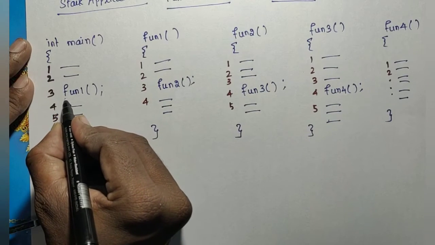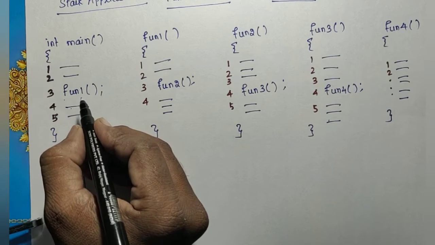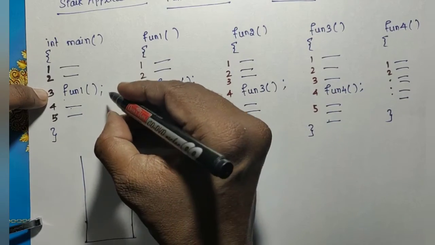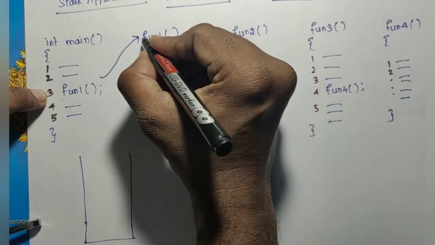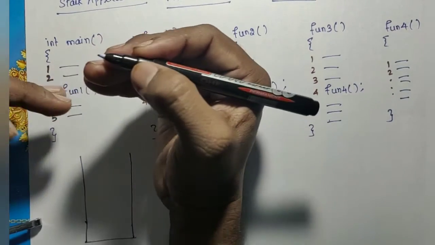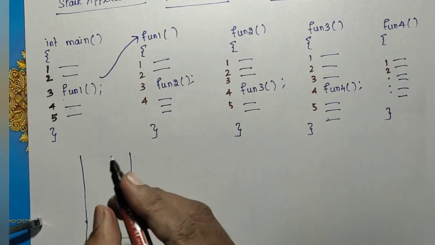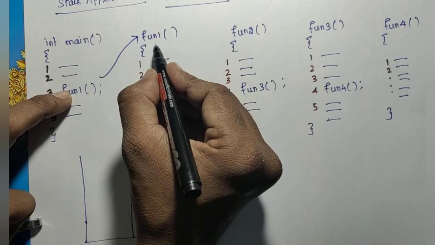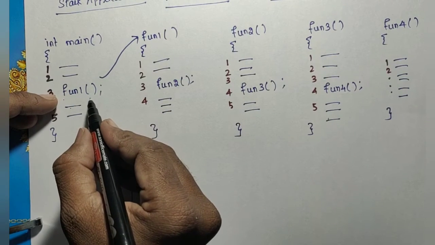The system will start executing line by line from your main function, so 1 or 2, and when the system reads this fun 1, it will be identified as function 1. It means that the processor control will be switched from the main to the function definition. Until the function 1 execution is over, the main function will be in the paused state. That means it will not continue executing. When function 1 is reached, the control will move to function 1 and start executing the code from there. Till then the main function will be in the waiting state.